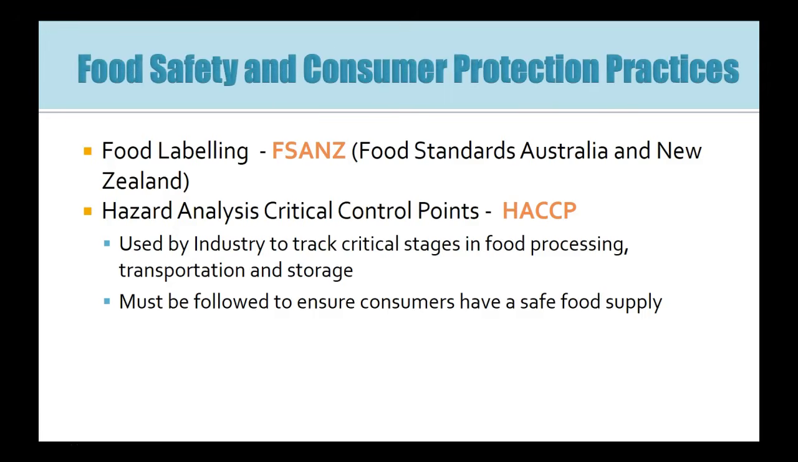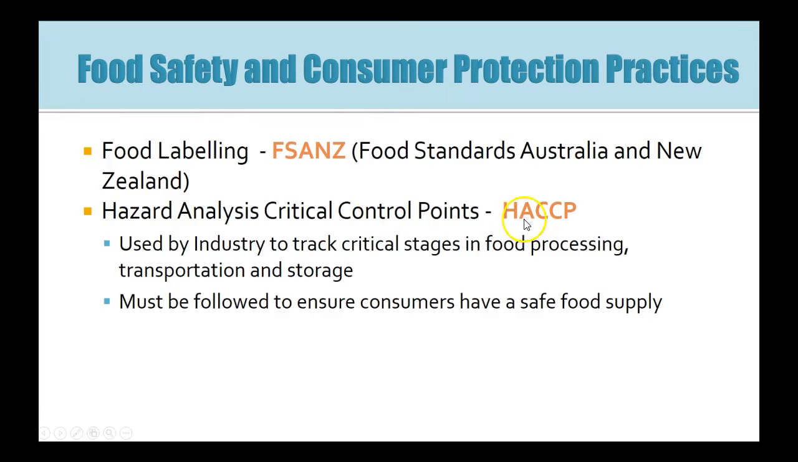So there are two pieces or processes that are put in place to help make sure that if there is any contamination, that it's dealt with properly. And the first one is what we call food labelling. So FSANZ, which is Food Standards Australia and New Zealand, is there for food safety. And then we've got the hazard analysis